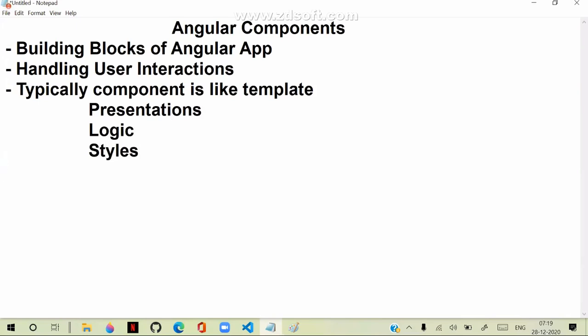It is a combination of presentation, logic, and styles. That means it is a component with a set of presentation, logic, and CSS styles. Just like you can say Bootstrap components. You might have seen HTML Bootstrap components. If you have seen Bootstrap components, I hope you know several Bootstrap components.